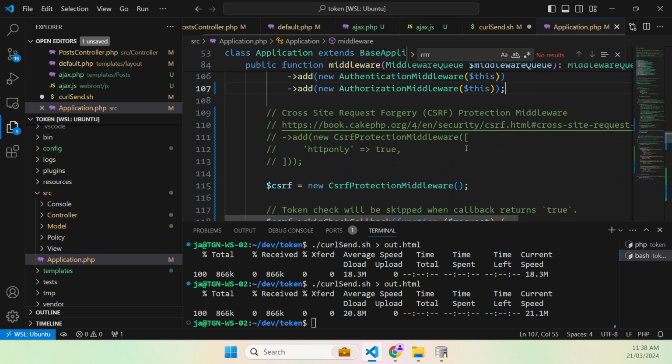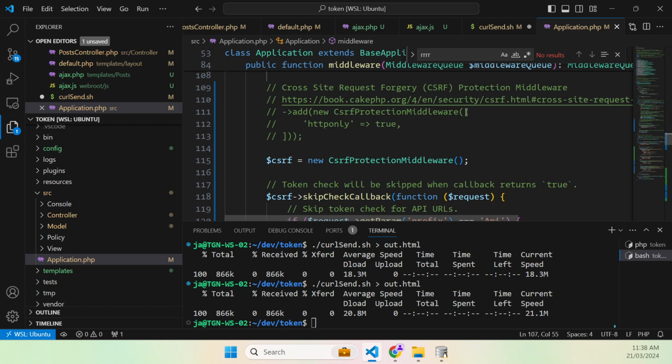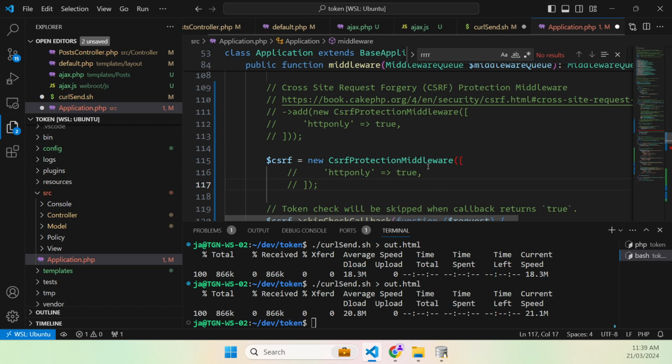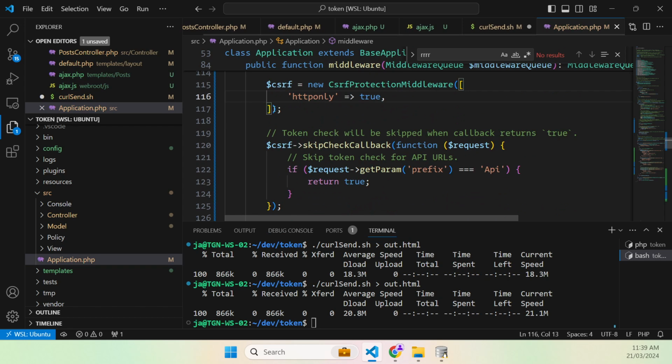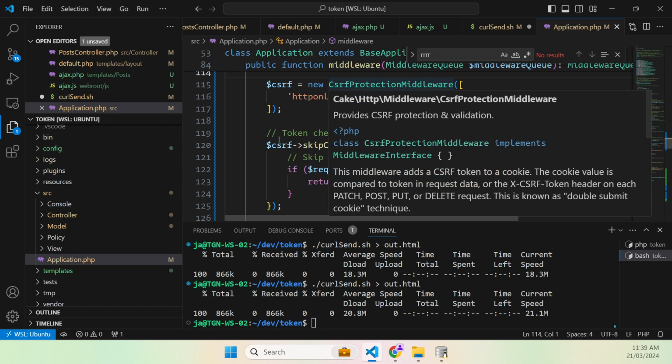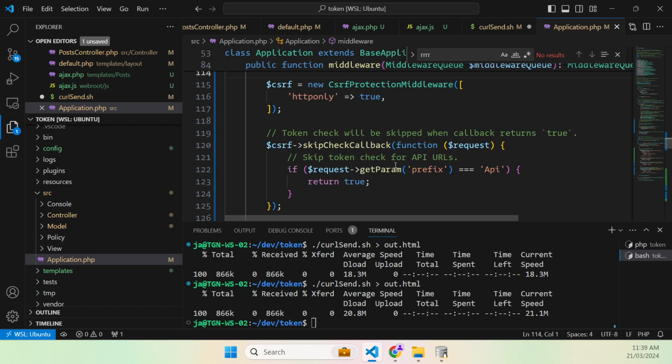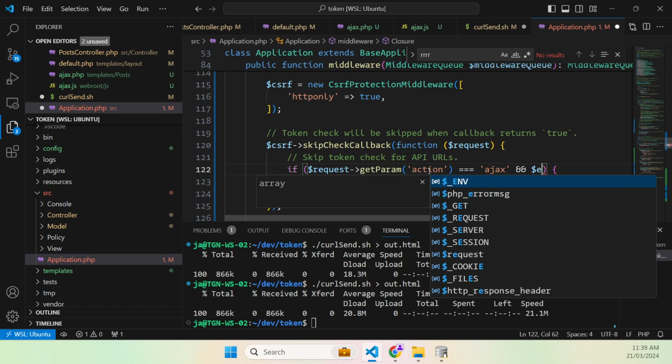It's the same config as it was, so we've got our middleware there. Now we want to say, okay, when we get a request with an action of Ajax, so that's the action we're hitting, and the request